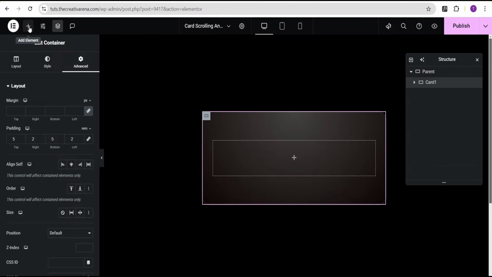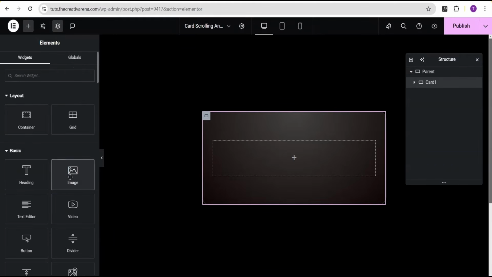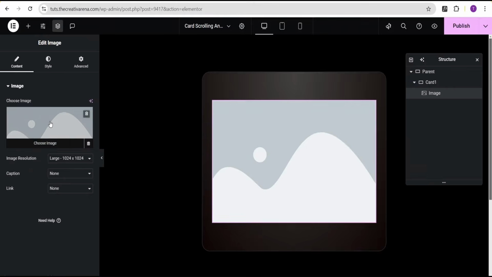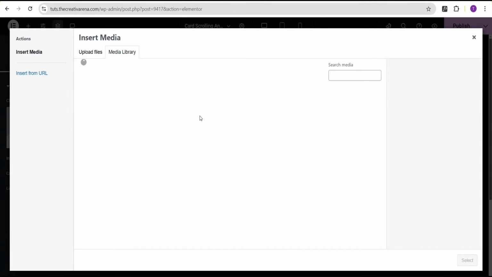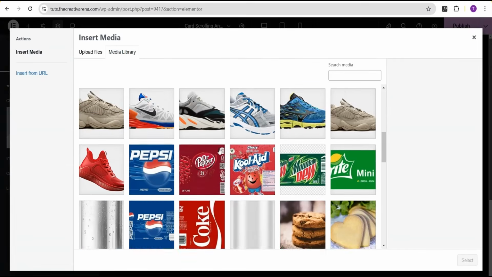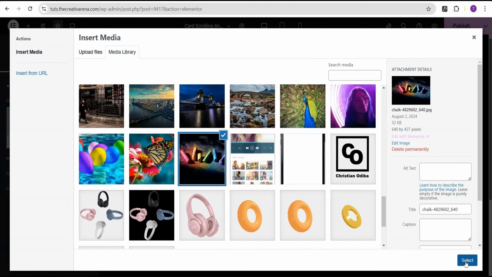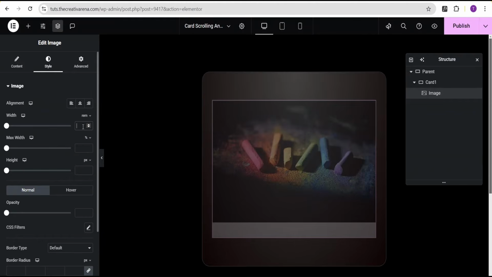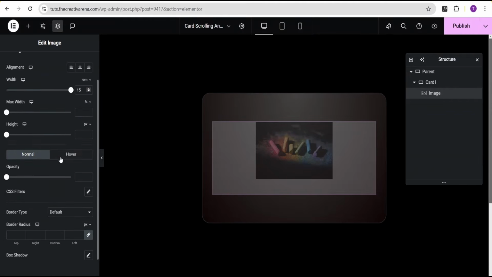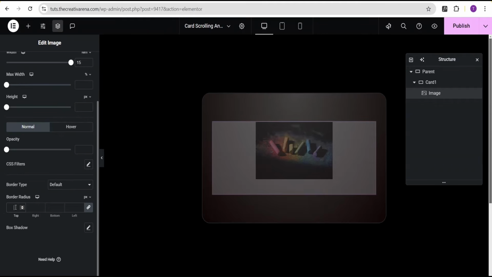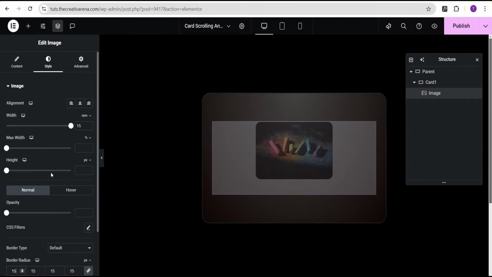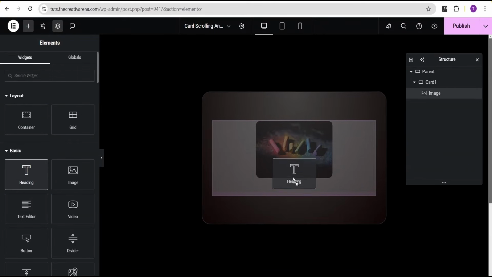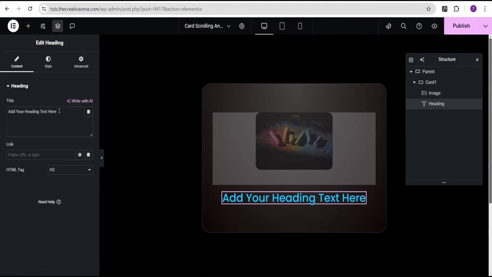Then I'm going to come over to our element area and drag the image widget and drop it here. Okay, I'm going to head over to my media gallery and select an image. This image here. Then I'll go to the style option and for the width, I'm just going to change the unit from percentage to REM and give it the value of 15 REM. And then I'll come over here to the border radius and give it the value of 15 pixels. Okay. So then the next thing I'll do here is I'll just drag the heading widget and drop it right below. And then for the heading text, I'm just going to call it